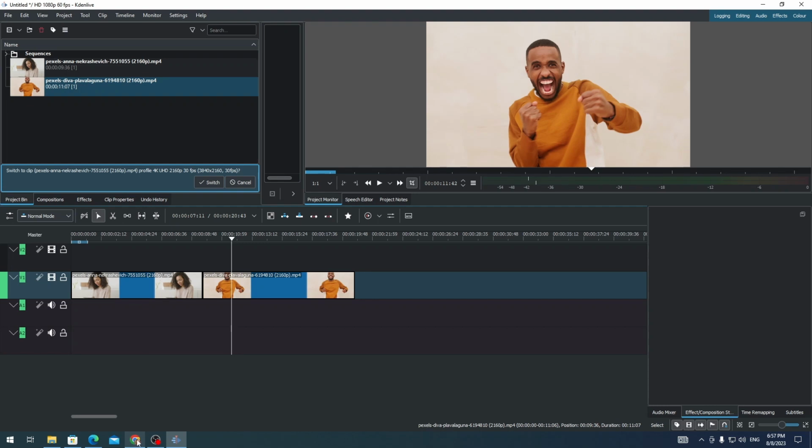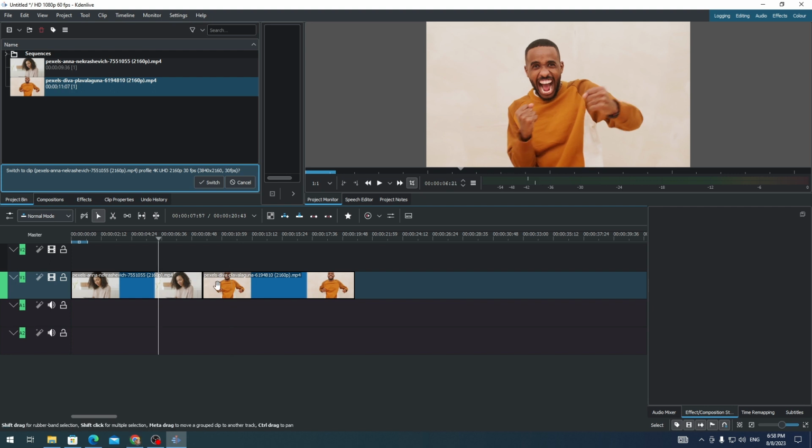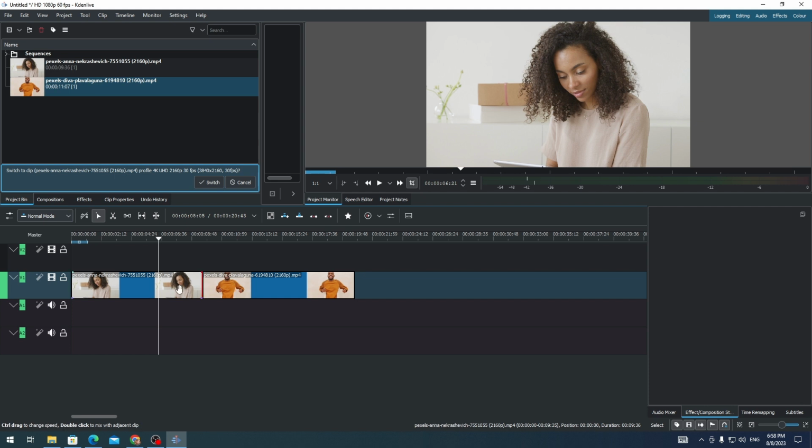Hi everyone, in this video I'm going to show you how to add fade between clips in Kdenlive. So if you want to add a fade between two clips in Kdenlive, this is how you do it. First, you need to have two clips on your timeline,